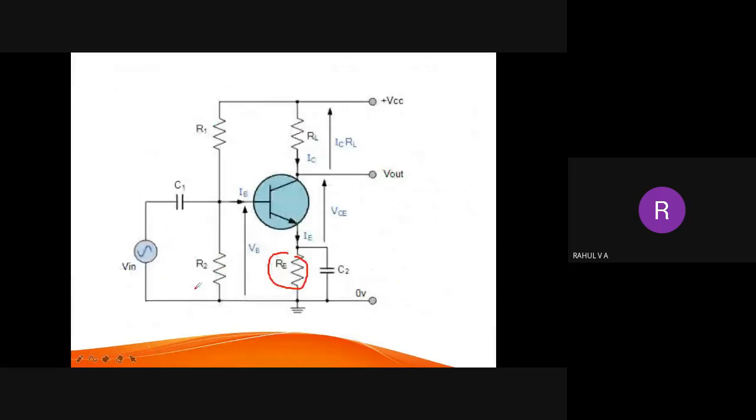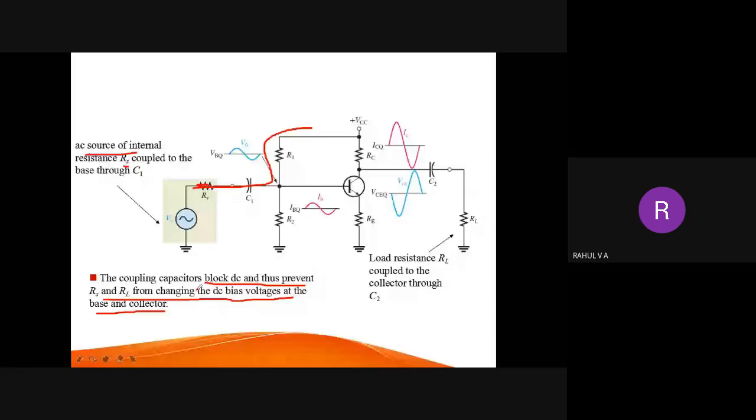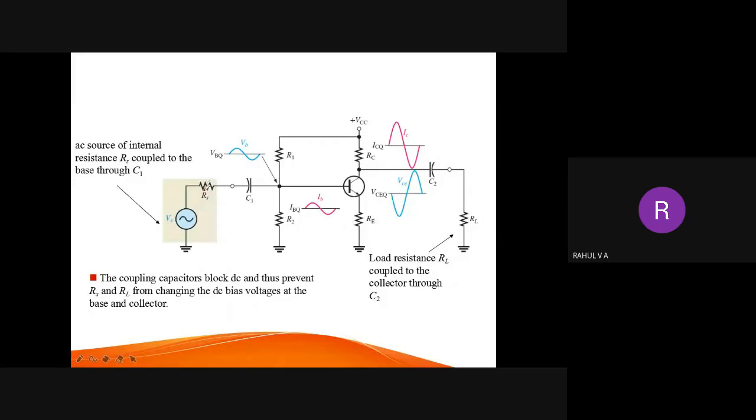So these two diagrams are almost the same, except that in this diagram we have shown a capacitor C2 and a load resistor. Only one stage is there. So this is the internal resistance. Do not worry about this RS. RS is the internal resistance of the input. If you are using a mic, that mic will have a resistance. If you are using some other input, that circuit also will have some amount of resistance. That is called RS. So no need to give much attention to that component.